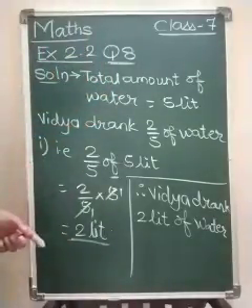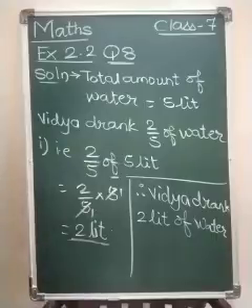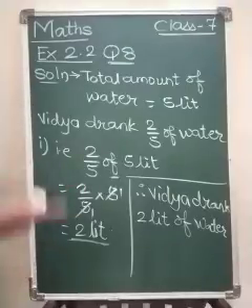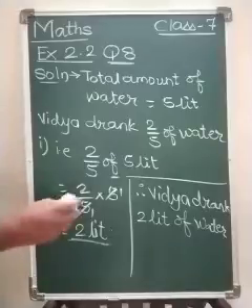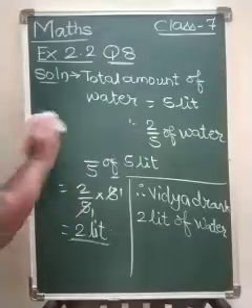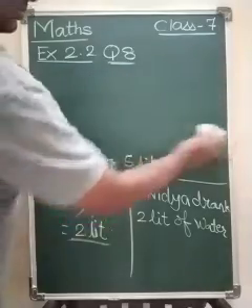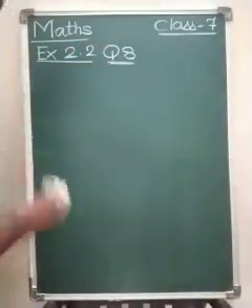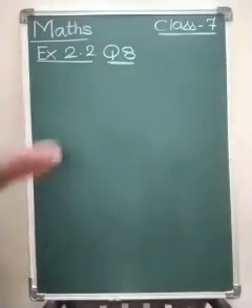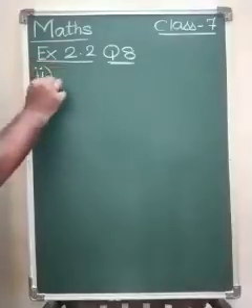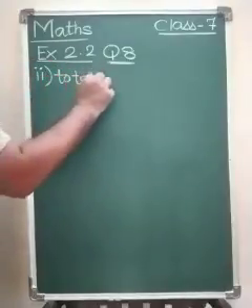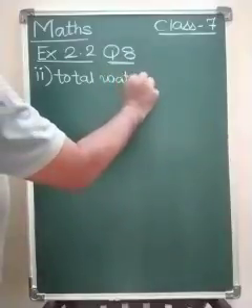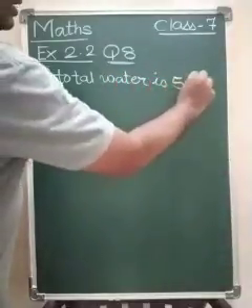And we have to find out what fraction of the total quantity of water Pratap drank. It is very easy, but we will have to show it mathematically. So I'll rub out this. First see what we have written on the board. I will rub out this, then we will solve the second question. So total amount of water is 5 liters. Again we will write the second answer. Total water is 5 liters.